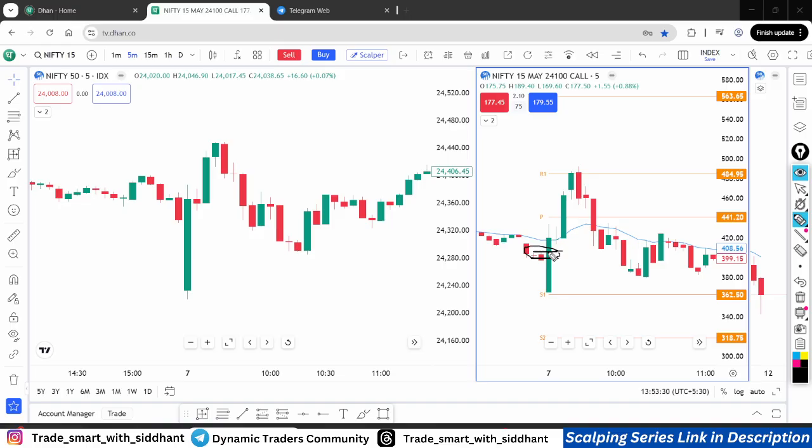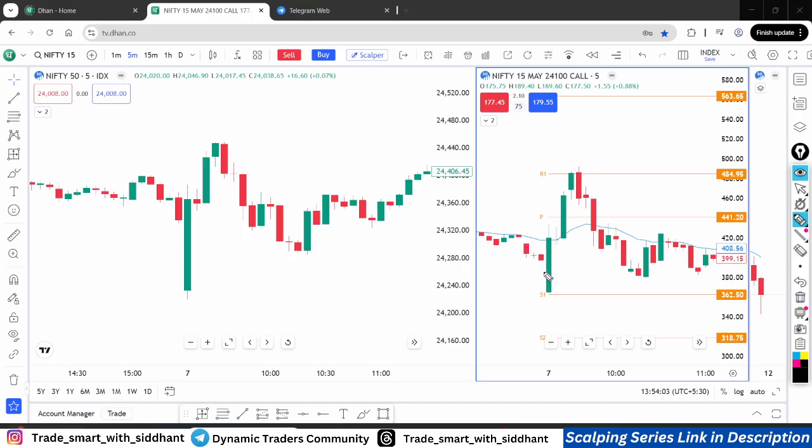So what we do, we enter in the running candle, but we keep a range of 20 points and we let the market flow. When the market flows, you do get 15 to 20 points easily in the first candle. Why? Because the gap was big, and if the gap is getting filled, the market will give high volatility. Yeah, surely it went from 400 to 490 around. So that's the big picture. If you sustained, you entered and you trailed your SL to entry level and you took this big point.